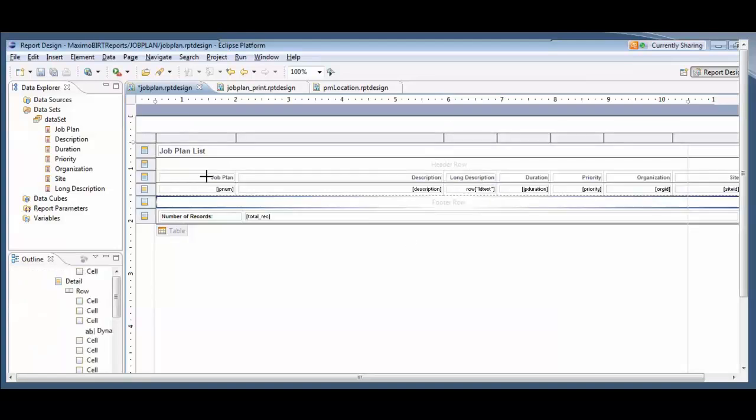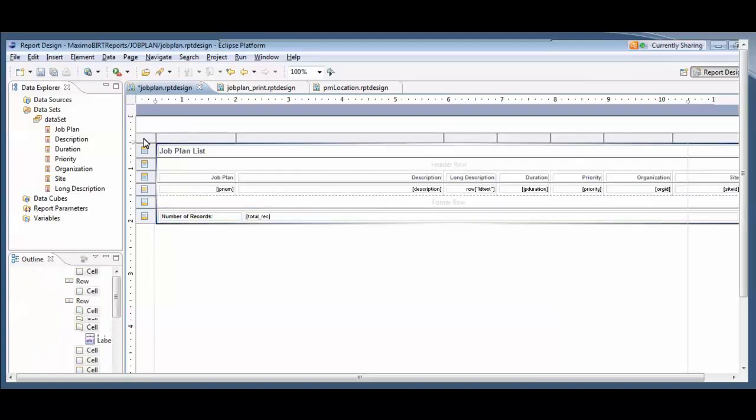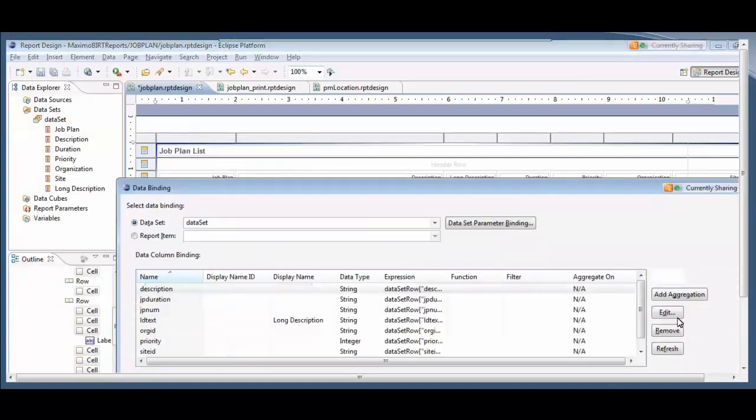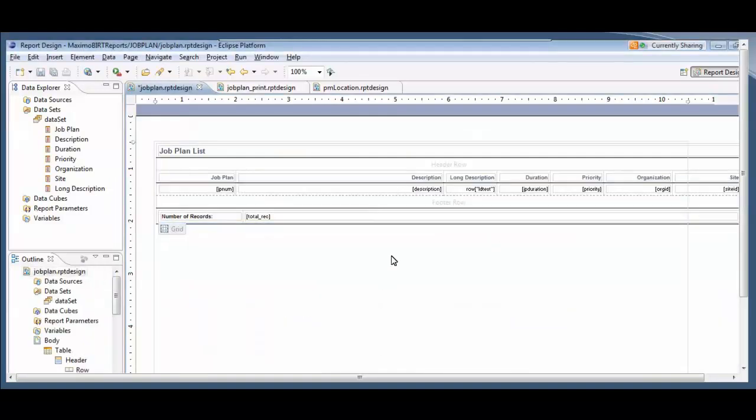In case it doesn't, then we can just select the report and click on Edit Data Binding, and then we click on this refresh button, and that makes sure that all the columns that we have on our data set do appear here as well. So yeah, that's all that we have to do. So now we save this,